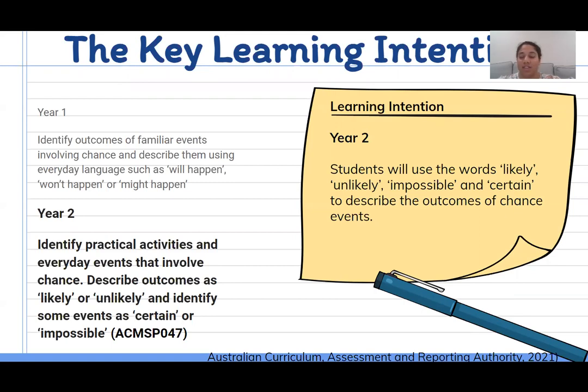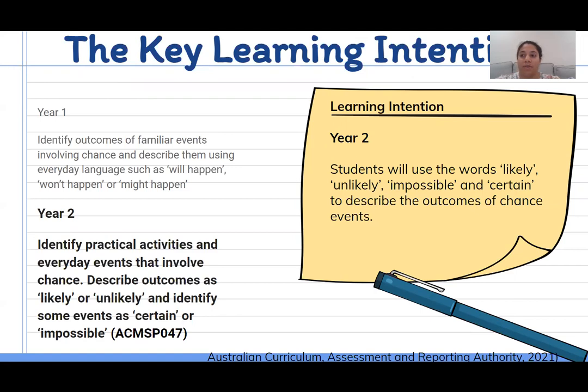The key learning intention that I chose to focus on came from the maths curriculum and is derived from the statistics and probability strand. On this slide, I've shown both content descriptors from the curriculum that I covered in the maths unit while I was on practice to give context, but the focus of this presentation, however, is the work that I did with the year 2s when we started to look at the language of chance, not only to describe everyday events, but also to describe the likelihood of drawing a marble out of a bag, so describing everyday chance events or chance experiments.